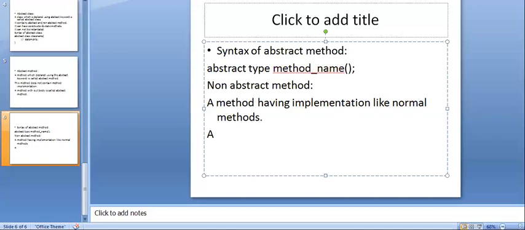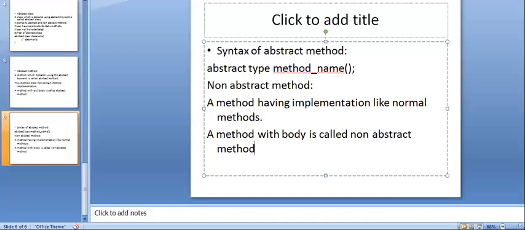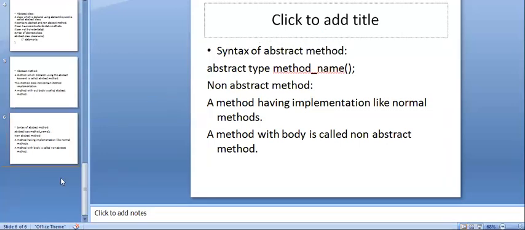A method with a body is called a non-abstract method. That's what the abstract method means. Next we'll go to the small program.